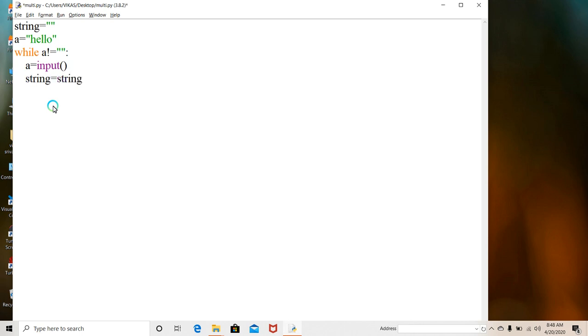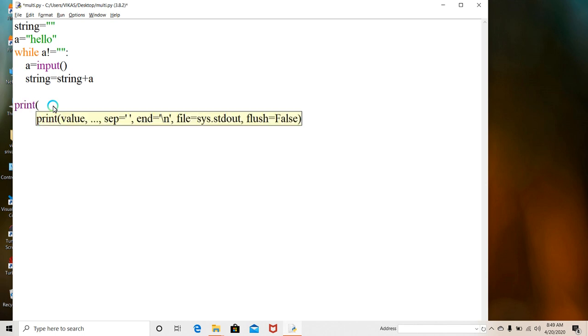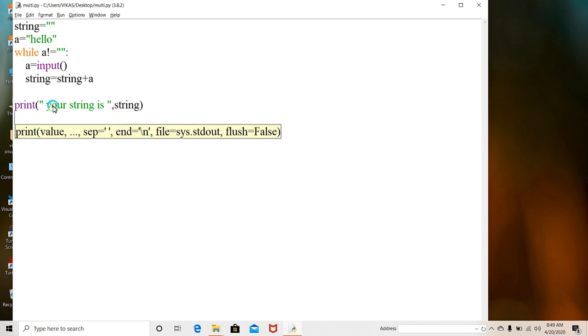Concatenate means first the string, then A, and then here print string is string. Run.